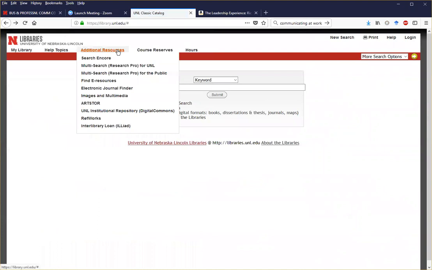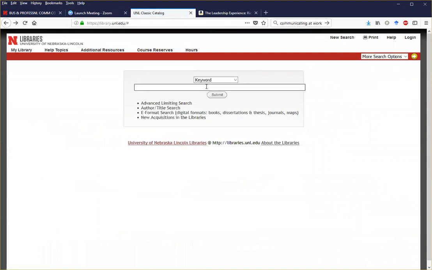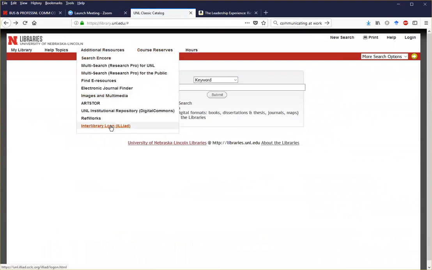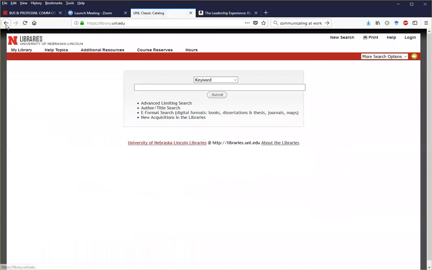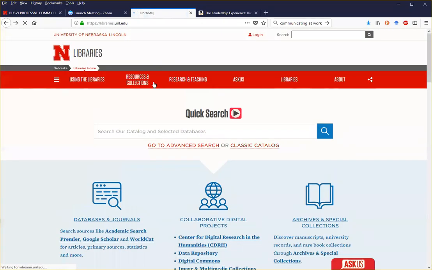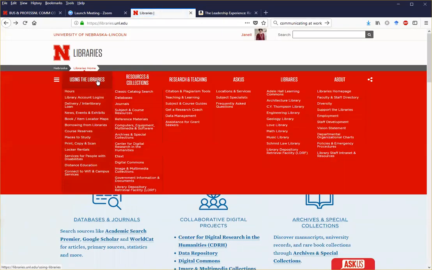Some other things that might be of use to you. So if you know the book isn't available, like we discovered using the Classic Catalog, you can go through InterLibrary Loan. And we're on the Classic Catalog site, so you can click that under additional resources. On the main library website, if you go to these drop-down menus, you're going to look for the one that is called